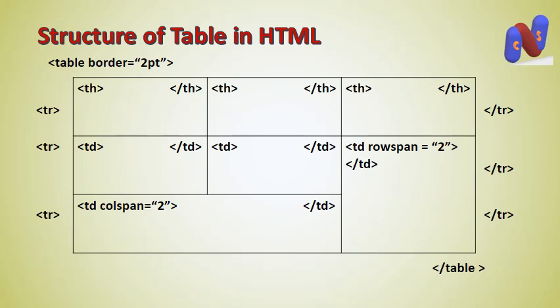So I have closed the tr with the help of the closing tr tag, and at last when we have to close the structure of the full table, we have to close the table tag. Okay, so I hope this particular structure will help you to get the knowledge of how we can use th, how we can use td inside tr, how we can use rowspan, and how we can use colspan.